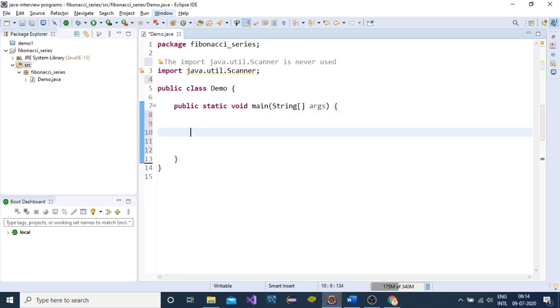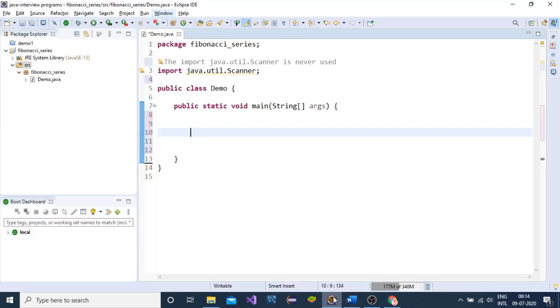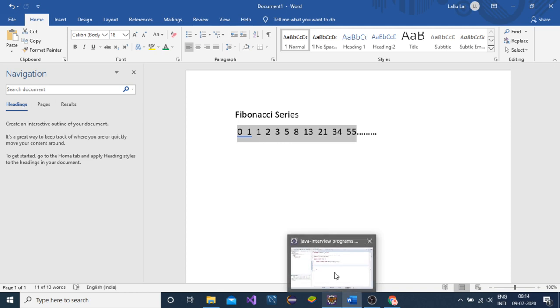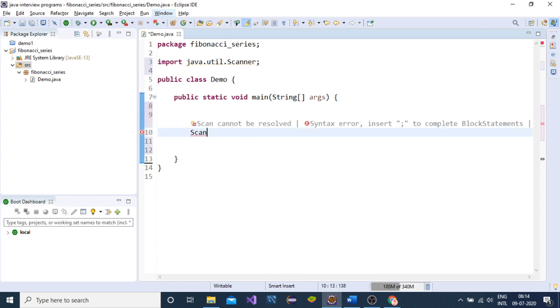So now take the input from the user, as I have printed till the number 10. If you wish, you can print till 100, till 50, till 200, till 1000. So I am not hard coding the number, I am not hard coding the series. I am making it flexible, so the user can print as much as they want. That's why I am taking input from the user.